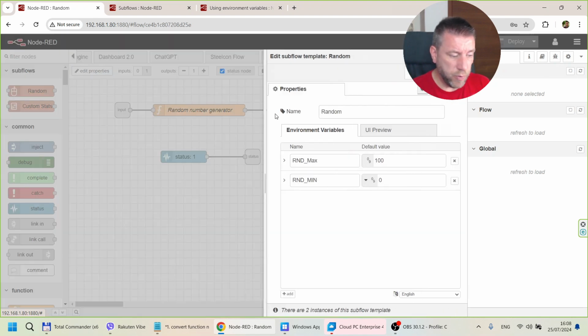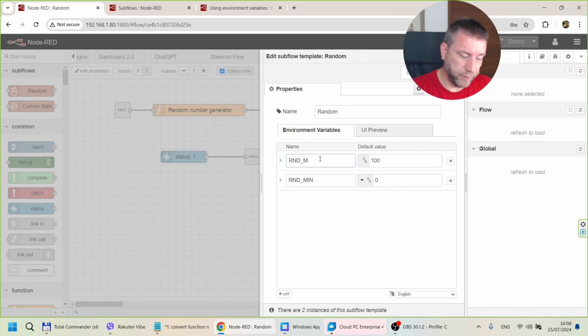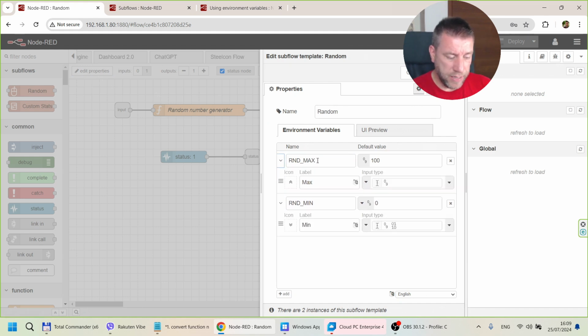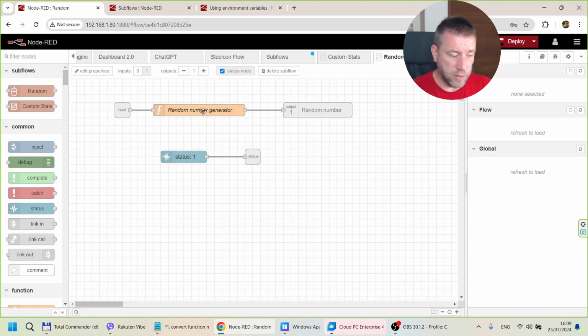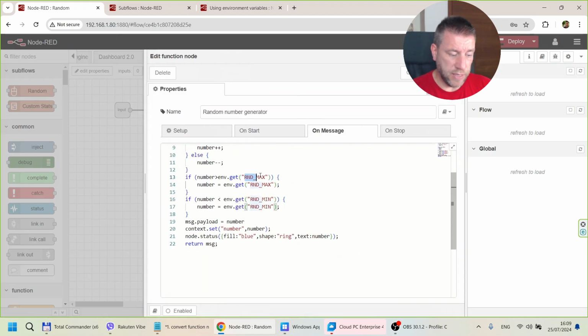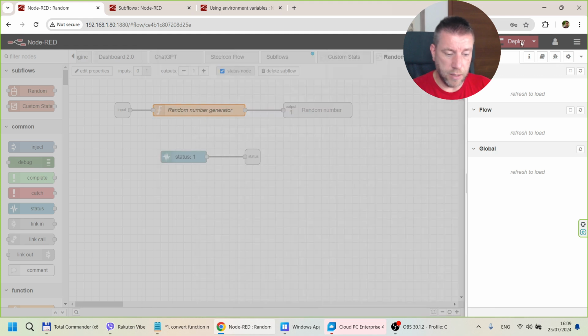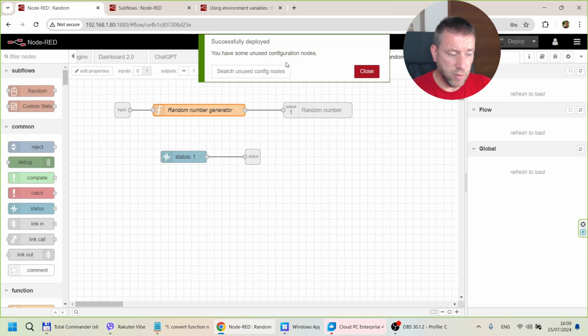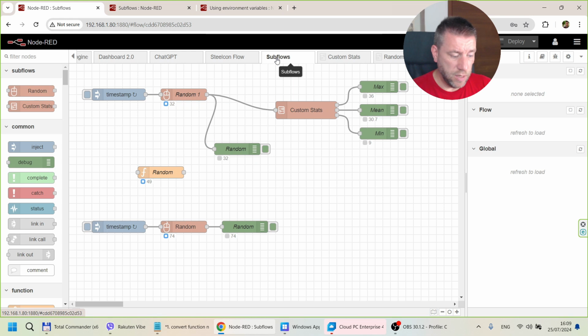So if I go back to the properties, then yeah, I made a typo. So I think probably this is a good idea, just to keep all the environment variables as all caps. So RND max, RND min, because then in the code I also reference this as RND max and RND min in all caps. So if I do this now, and if I go to Subflows,